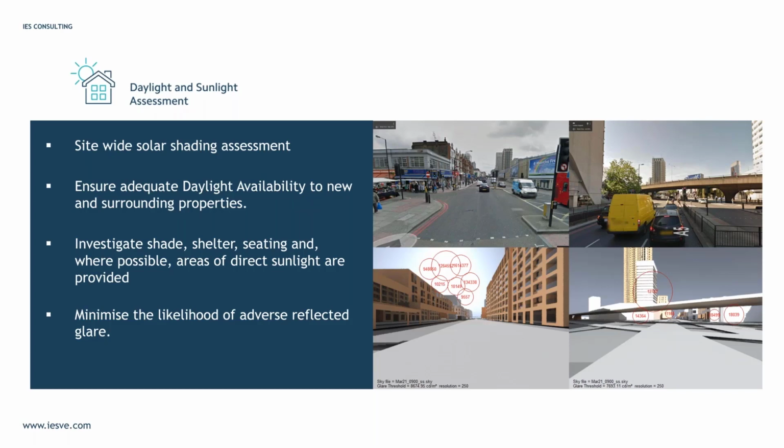Housing development proposals can quickly be assessed to ensure they meet the auspices of D6 to provide sufficient daylight and sunlight to the new and surrounding houses whilst avoiding overheating. And to meet the requirements of D8, these sunlight and daylight assessments can be used to ensure direct sunlight is available to the populace for their enjoyment.